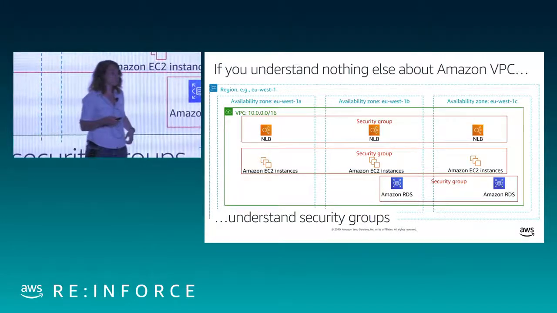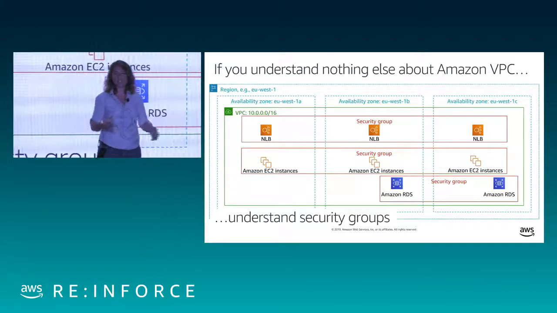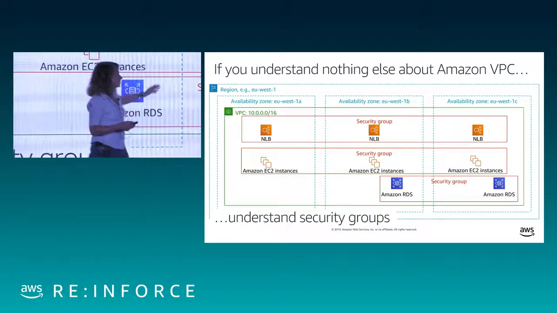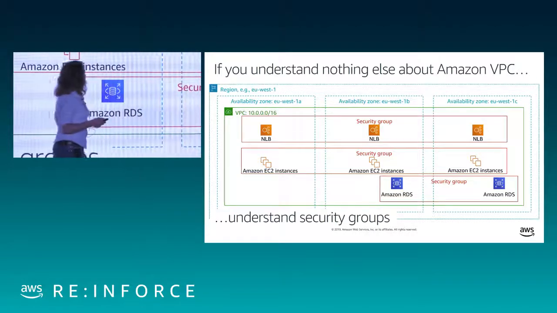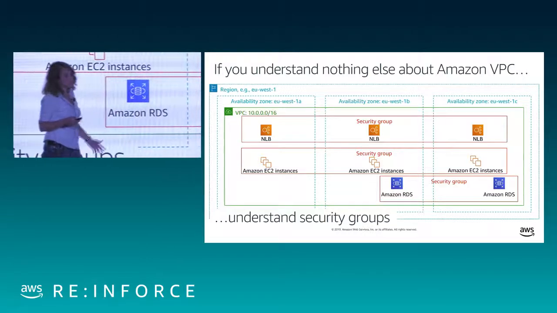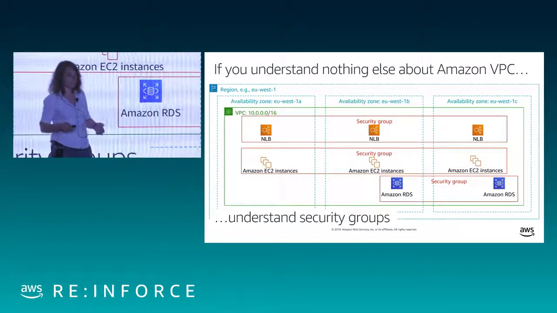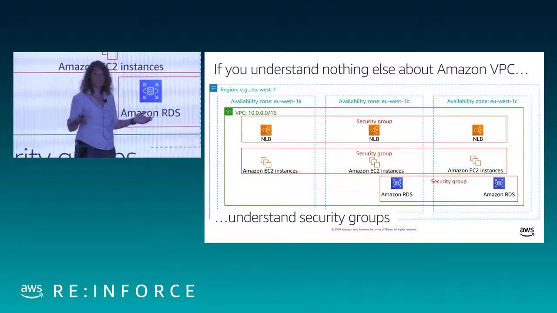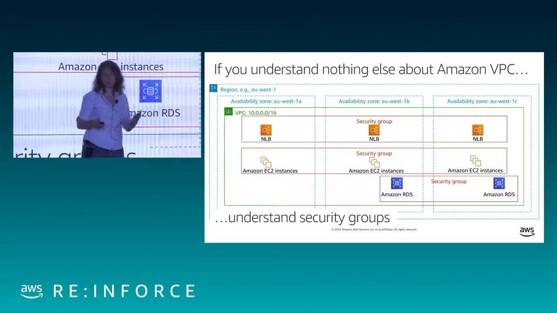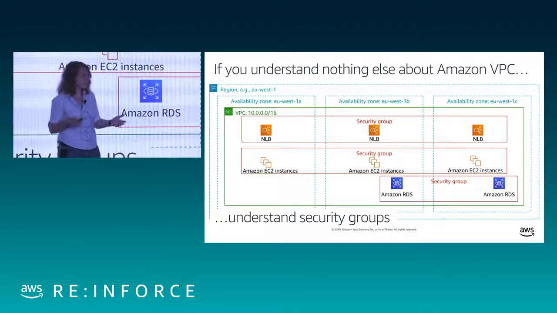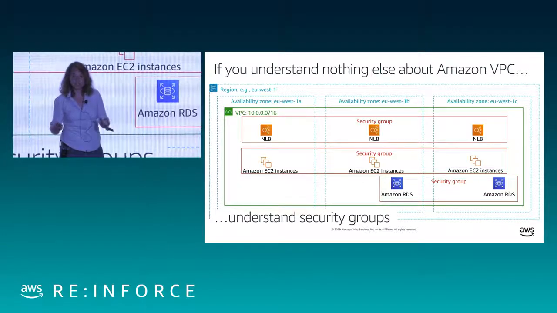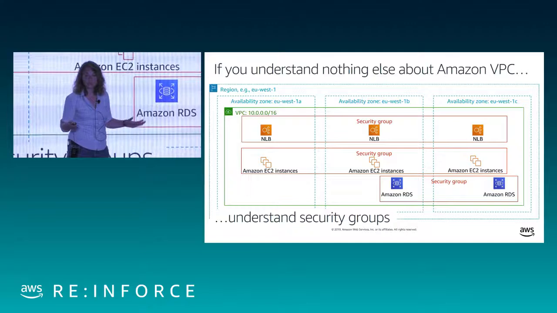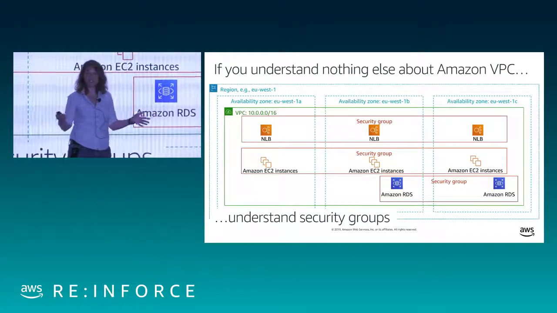And I probably also have some other rules, like if I'm going to be allowing SSH access from bastions, maybe not in this picture, I have a set of SSH bastions in a security group, and I'm allowing traffic in from there. Databases are expecting traffic on, let's say they're running MySQL, so port 3306. They're expecting traffic from the application and maybe from any other processes running in my network or elsewhere that need to get into the database. Okay, so what I just described in words, those are your security groups. And that's how you do least privilege. You write groups about the ingress traffic that you're expecting, and that's pretty much it.